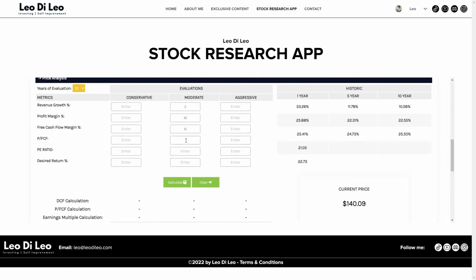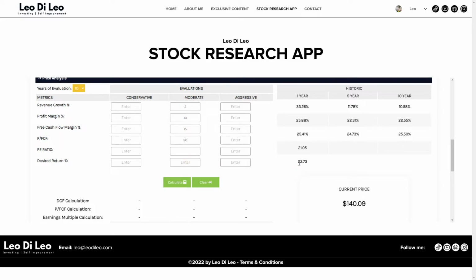And ideally, we want to keep this number underneath 20. You could put higher numbers, but like the PE ratio, folks, we want to find companies that are trading with a fairer price to free cash flow. So with price to free cash flow, anything below 22.5, typically I like to just stay underneath 20. That is my ballpark. So with price to free cash flow, let's say I just do 20,